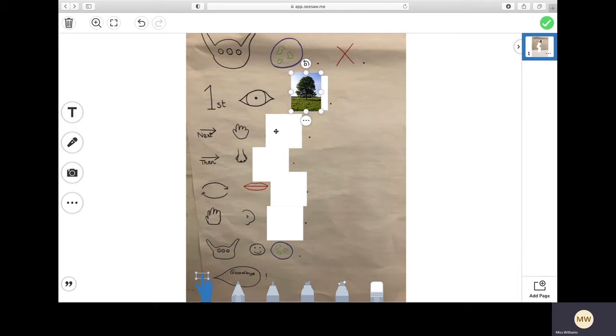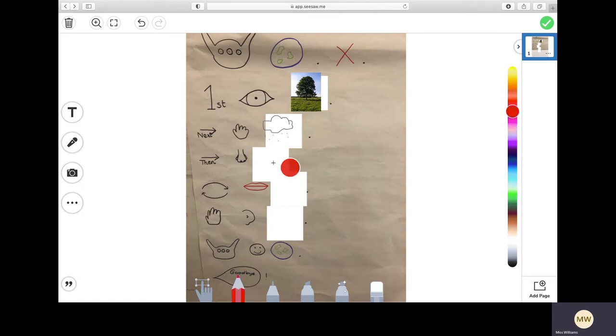Next, she felt, and I can draw some snow in if I want to. So I might draw this one, and she's going to draw in some snow. And don't forget to come up with your own actions too. Then she smelt, and in mine, she smelt a flower. So I'm going to draw a flower for that part of the story on my map. And I'm going to give it a stem.